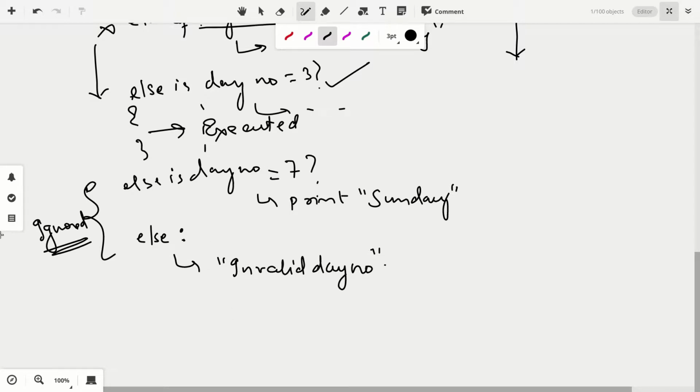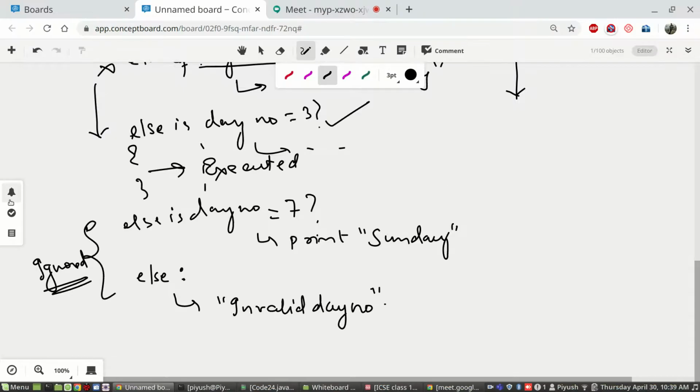So the idea is that it starts checking conditions from the top. If the first one is false, then it comes and checks the second condition. If that is also false, it goes down like that. The moment it finds a matching case, it executes that block and ignores the cases which lie below it, if any are present. And finally, if none of the above cases match, then the last one, which is else, will automatically be matched. Is this concept clear to all?